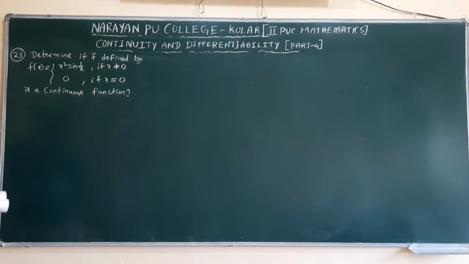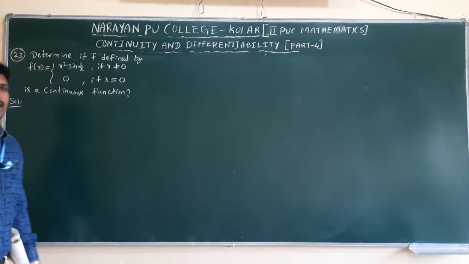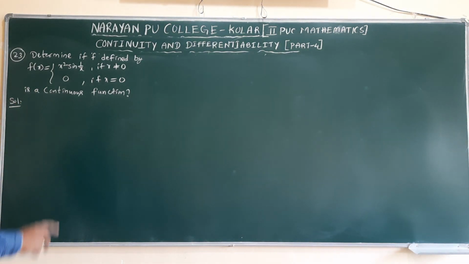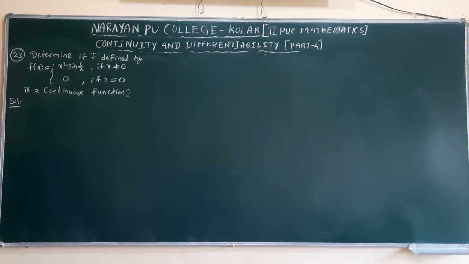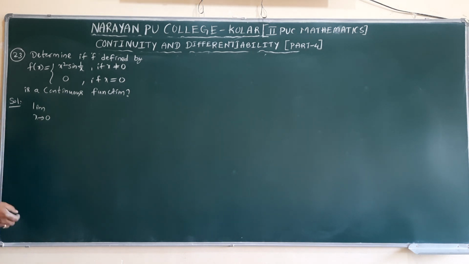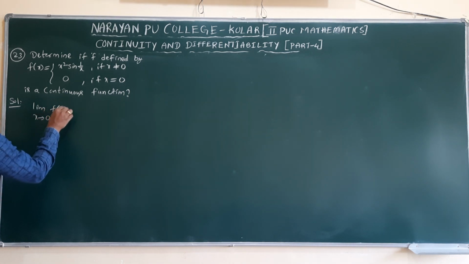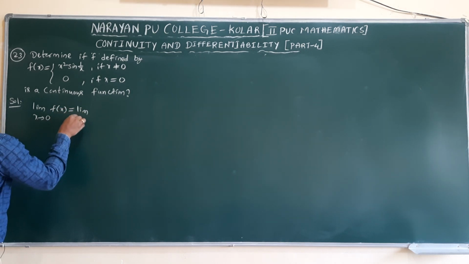Now in this, we need to check whether it is continuous or not. x not equal to 0 means for less than 0 or greater than 0, a single function is present for both values. Here also we can use the limit condition. We can check directly whether the limit of the function equals the functional value. Now here, limit x tends to 0, which means not exactly 0 but approximately near 0. Limit x tends to 0 of f of x.